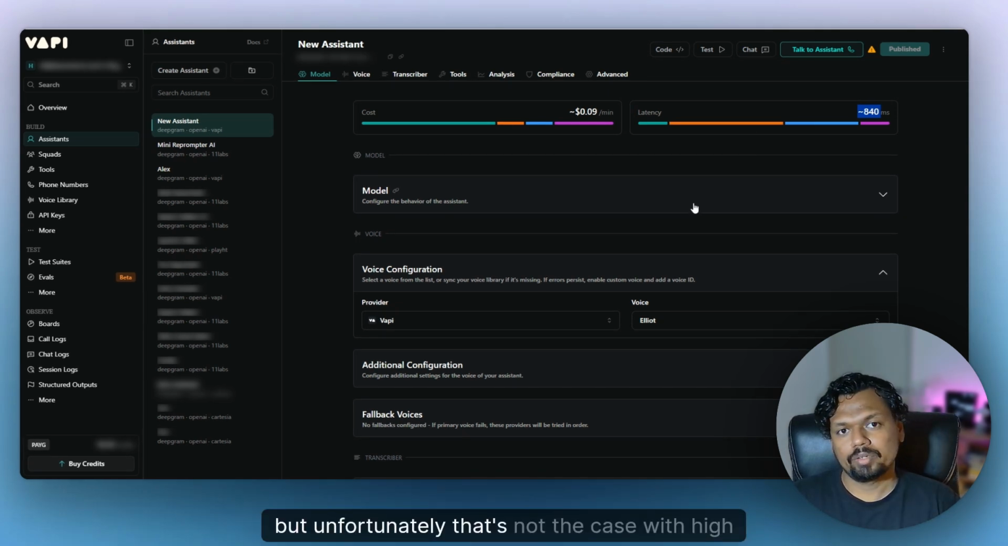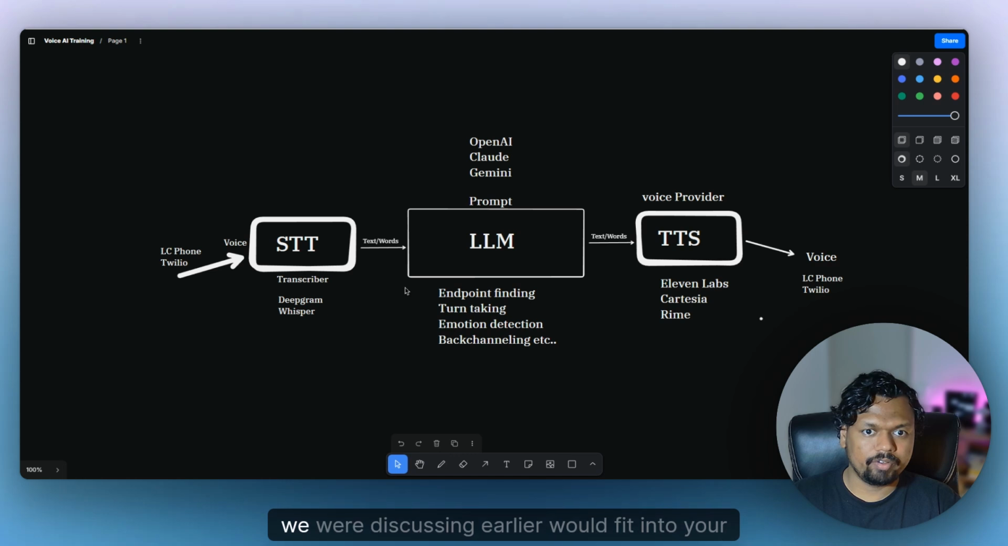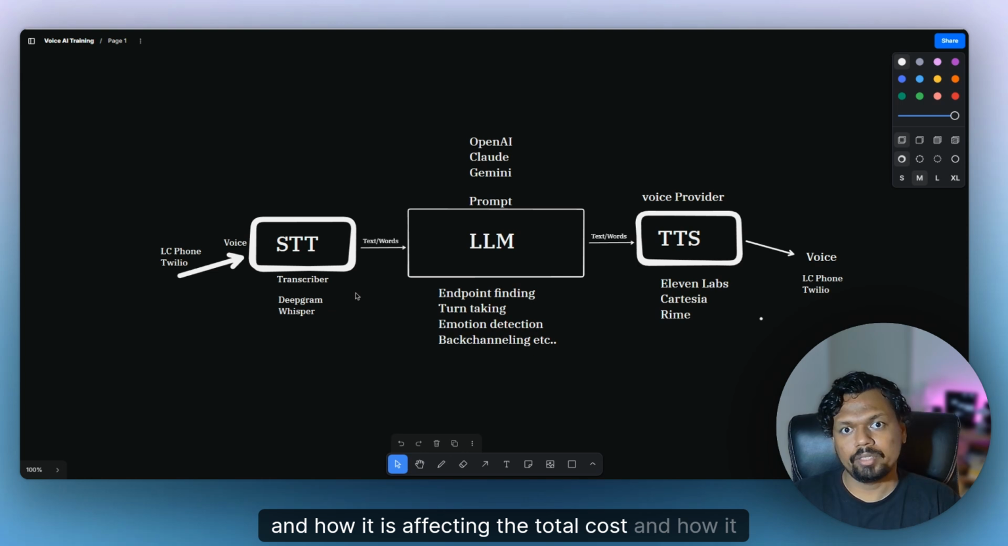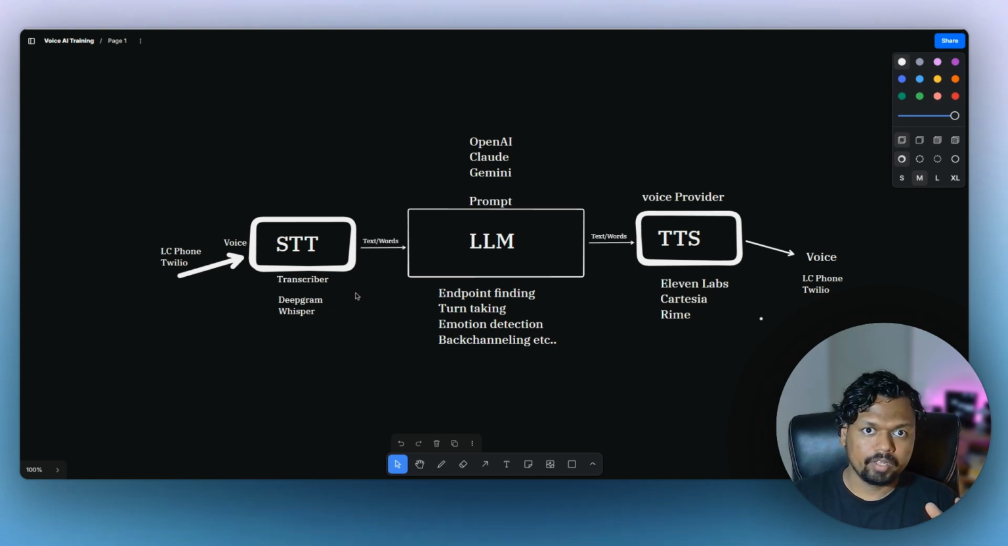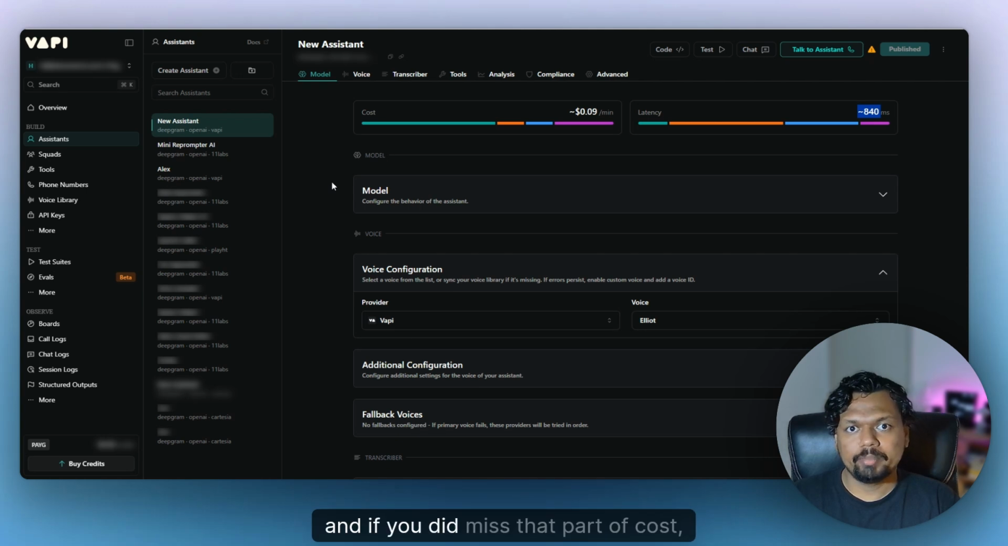But unfortunately, that's not the case with HighLevel. But this would give you an idea of how all these pieces that we were discussing earlier would fit into your voice AI and how it is affecting the total cost and how it is affecting the latency of your voice AI agent, right? And if you did miss that part of cost, we can go back here and look